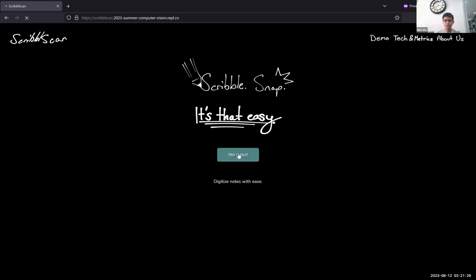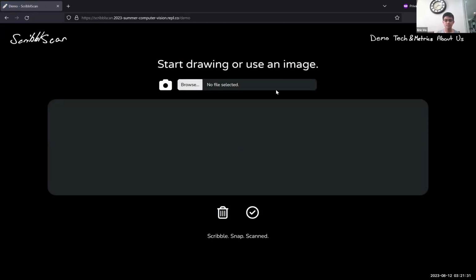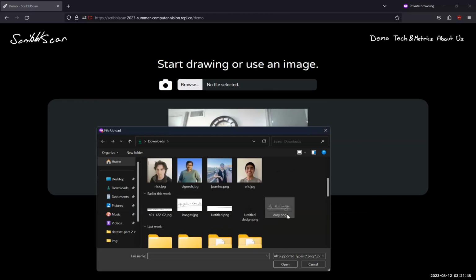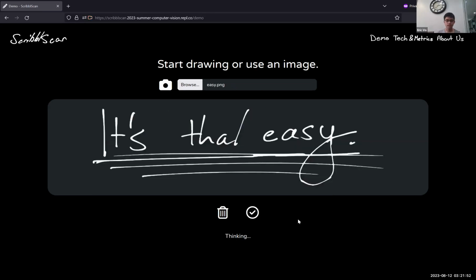We have a try it out button where if you click, it takes you to our demo where you can write on it if you want. And we also added options for camera stream and to upload a file. So if I stop my video right now, we can test it out. And you can see my camera feed shows up. Or if you want, we can pick a file. So let's say we want to test It's That Easy. So if we click and we wait for it to detect the text, then it should come out to say,